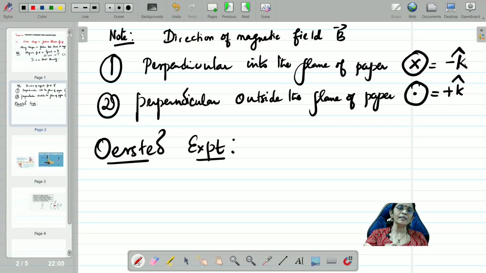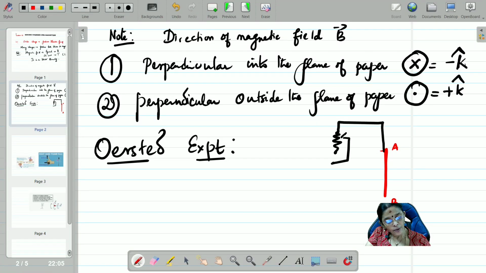Oersted was a scientist. This is a fictitious story. Please listen. He was always an outstanding student in his class. So one day during the lab session, the teacher was teaching the lab experiment by drawing the circuit diagram. So AB is a conductor, the red color line which I have drawn is a conductor, and it has been connected to a rheostat and a key by means of a battery. It has been connected like that. Now this is the key.